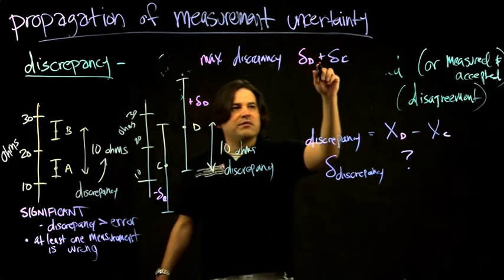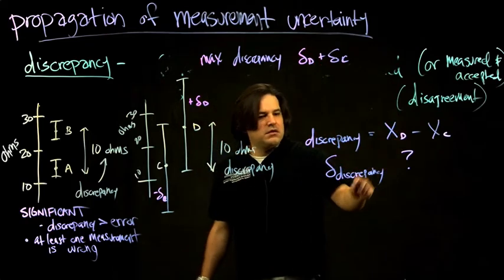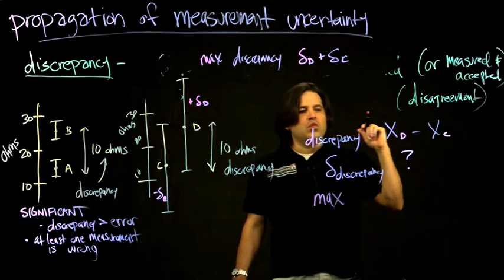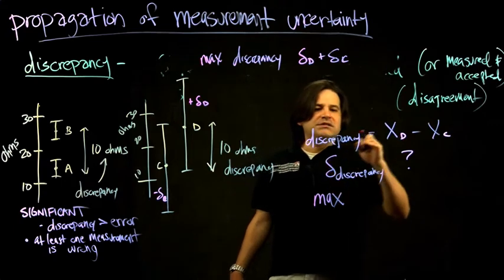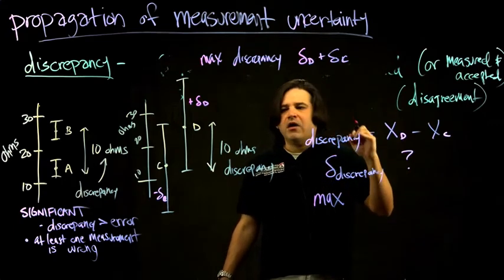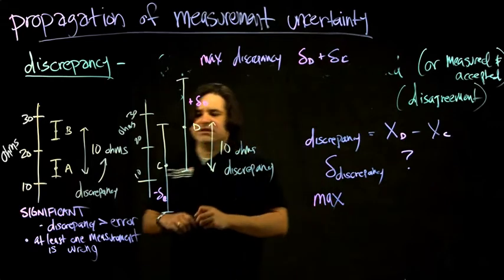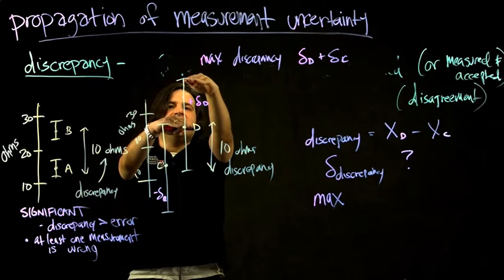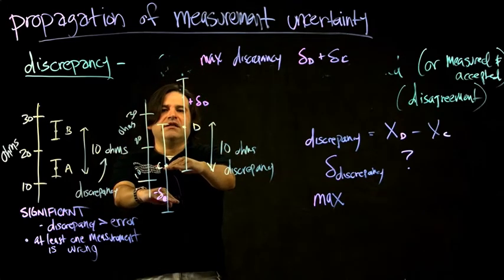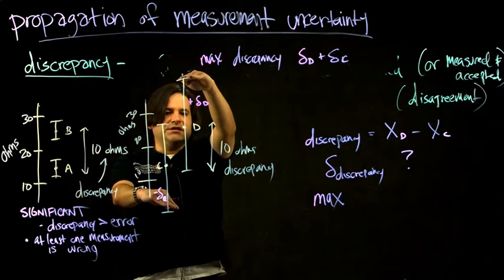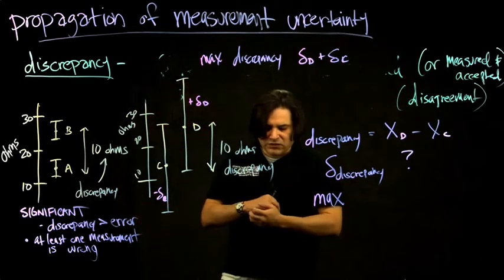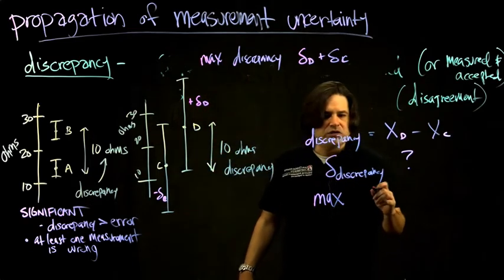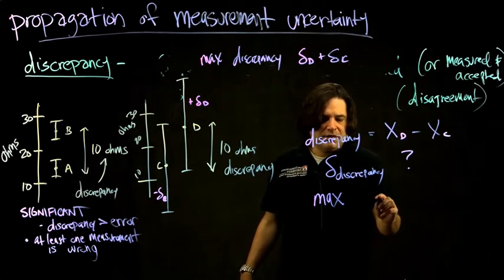So the maximum discrepancy, even though we subtracted these values, when you do this operation of one minus the other, the error does not decrease, the error increases, because the original values are this wide and this wide, but once you take the difference, you increase the range of possibilities in terms of the error uncertainty. So the maximum case for, let's say in general, some value Q, it will be